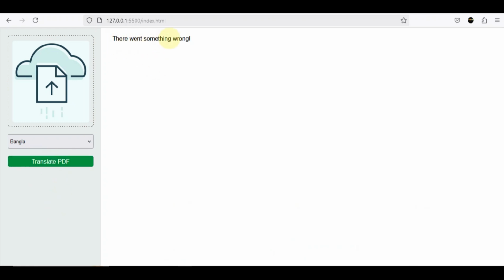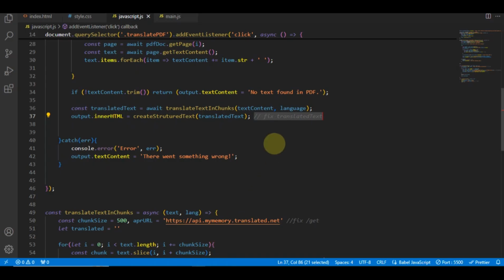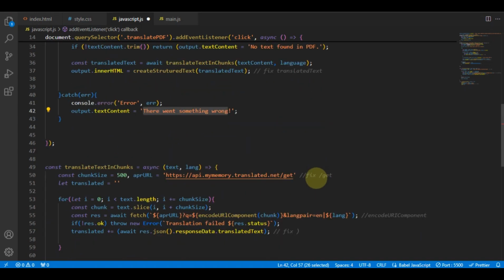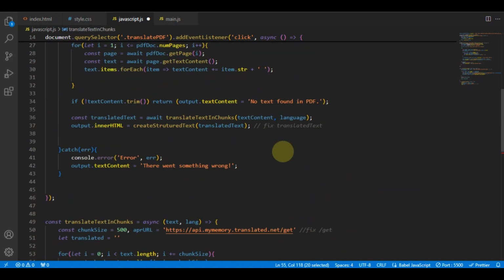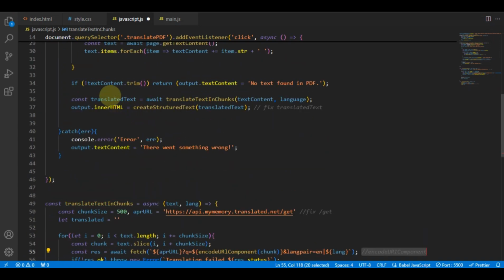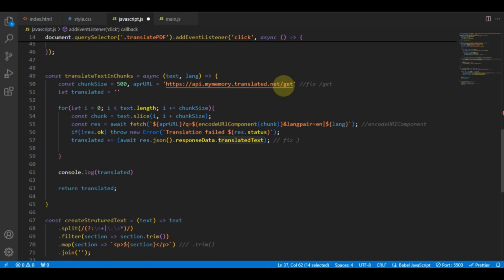Mistakenly something went wrong, we have an error. So while we try to translate any PDF file, this message is shown on this template. But why is it happening? All these mistakes I have already marked down here, and we will fix them right now. First of all, let me explain one more thing: I have changed this variable name. It was before translated, right now it is translatedText, and I have pushed this inside here. And then also it was before